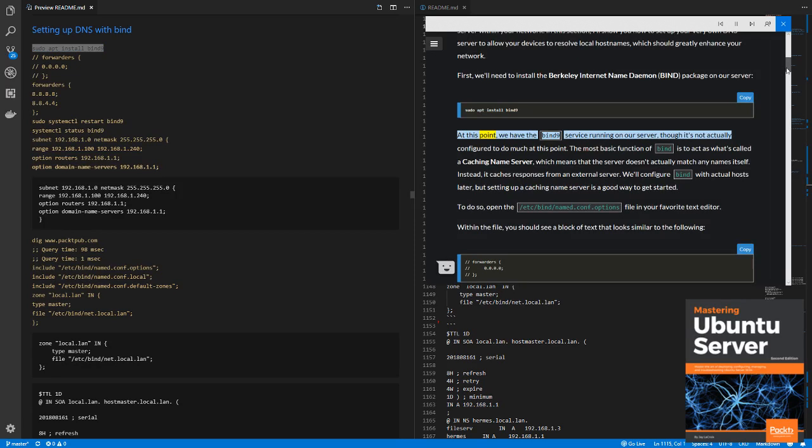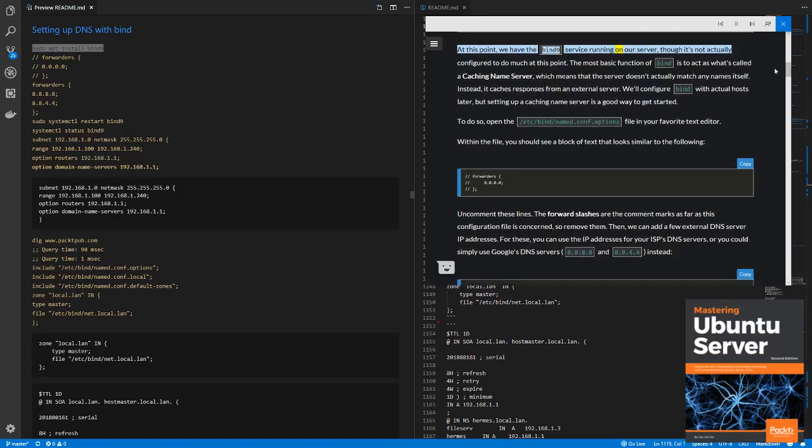At this point, we have the bind9 service running on our server, though it's not actually configured to do much. The most basic function of bind is to act as what's called a caching name server, which means that the server doesn't actually match any names itself. Instead, it caches responses from an external server. We'll configure bind with actual hosts later, but setting up a caching name server is a good way to get started. To do so, open the